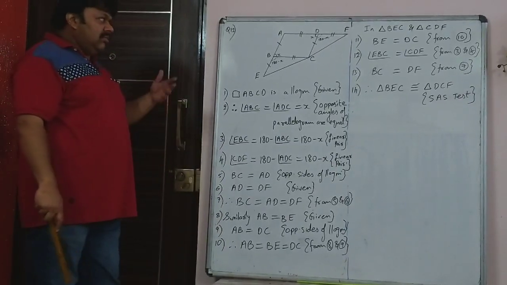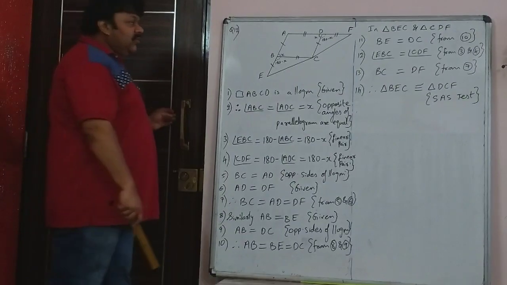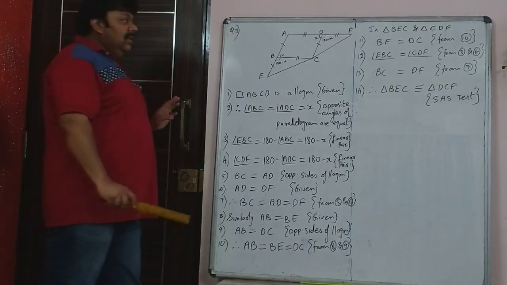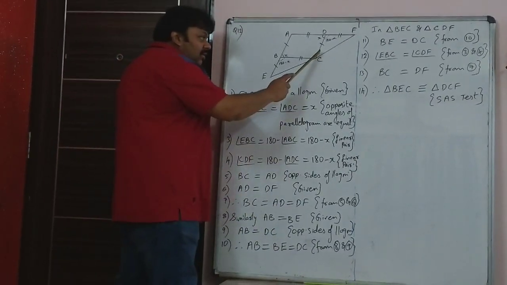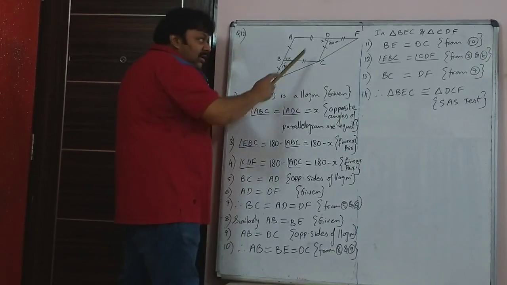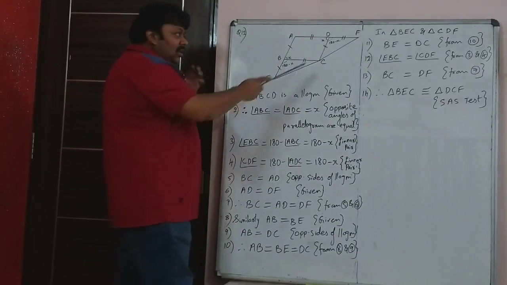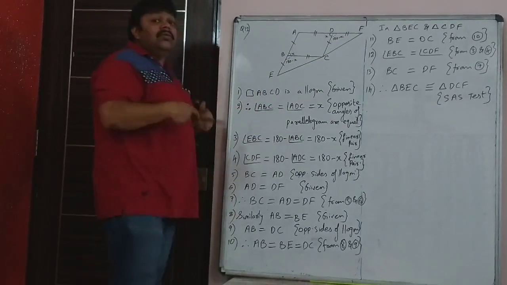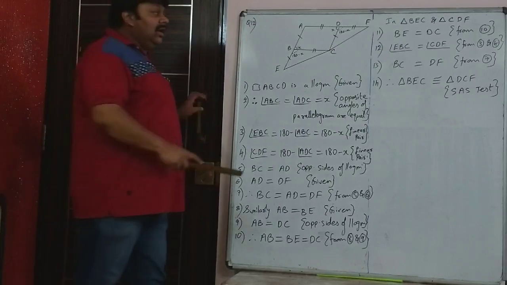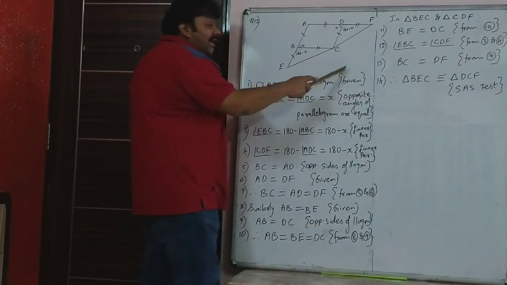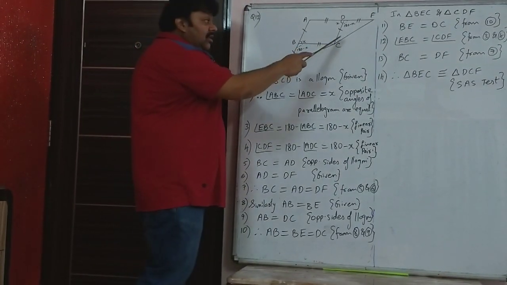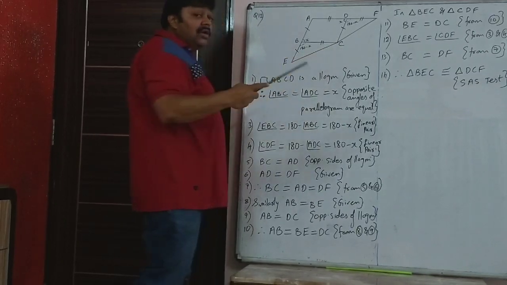When you look at it, once you draw the figure, it's a simple proof. Please note that EC and CF, no one has given it's a straight line. So it is not a straight line, and this is what I told you, these two are not vertically opposite angles. Neither is this a straight line nor is this a straight line. So you can't say that DCF and BCE are vertically opposite. If you use that, that is wrong. So then the entire proof is wrong. I had told you only if two straight lines intersect, then you get vertically opposite angles. Here is a unique case where some people write this as vertically opposite, that is wrong.